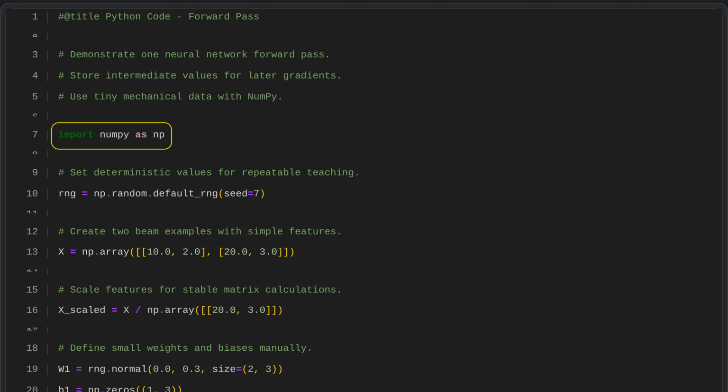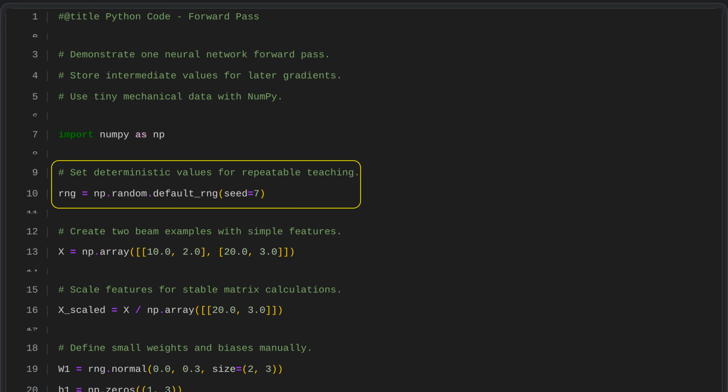We begin by importing NumPy, a key Python library for efficient array handling and numerical computation. It provides the matrix operations and other tools needed for neural network calculations in this script. To make the code's results consistent, we set NumPy's random number generator to use a fixed seed of 7. This ensures the same random numbers are produced each time the code runs, which makes teaching and debugging easier because